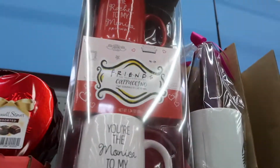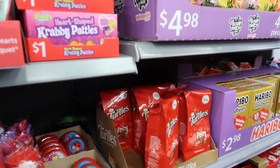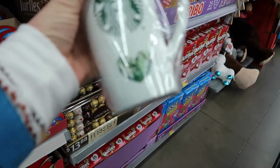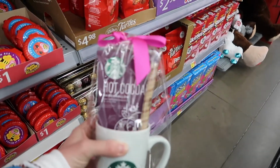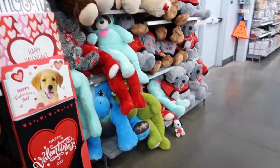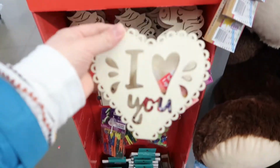If you are a Friends fan, then you will love these mugs they had. It comes in a set of two, so one for you and your bestie. They say you're the Rachel to my Monica, and then you're the Monica to my Rachel. So those were very cute. And then they had a mug from Starbucks that had a hot cocoa packet in it, as well as a little cookie straw. Of course, they had all the stuffed animals you would want to choose from,